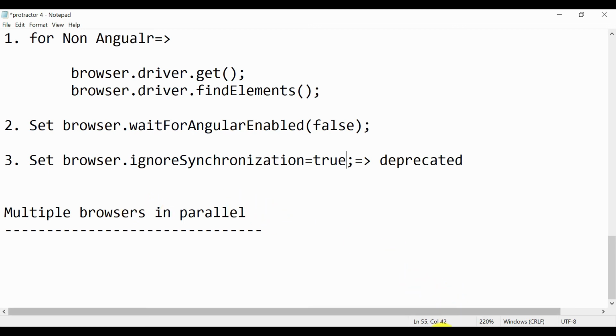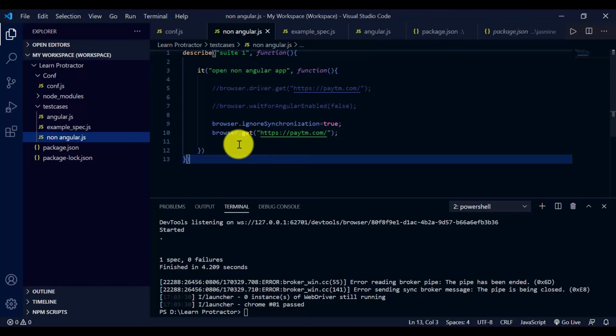Currently we are just opening one Chrome browser, right? So let us see how you can open Chrome and Firefox in parallel. For that purpose just go to conf.js.